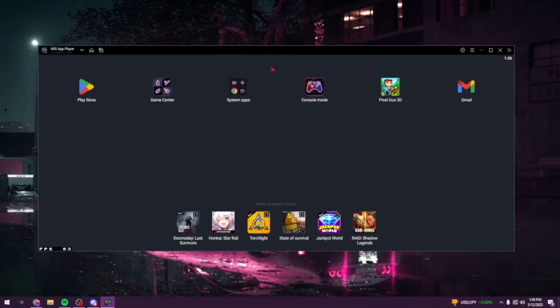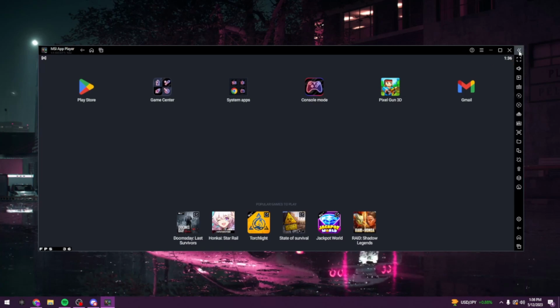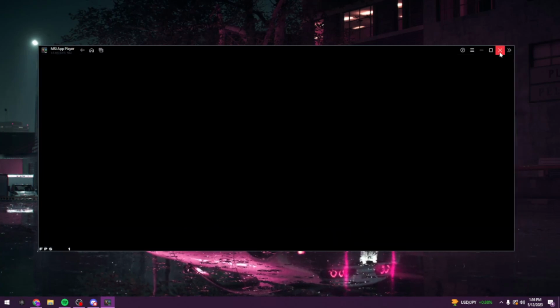So once we actually are in here, you're going to have to go to the Play Store, log into your Google account, and get Pixel Gun 3D. So I already have it, like I said. So I'll boot it up in the meantime, but